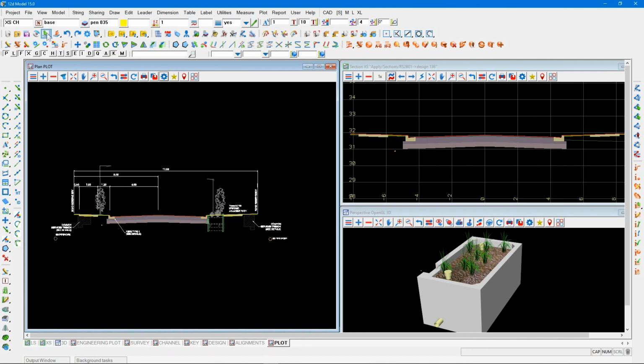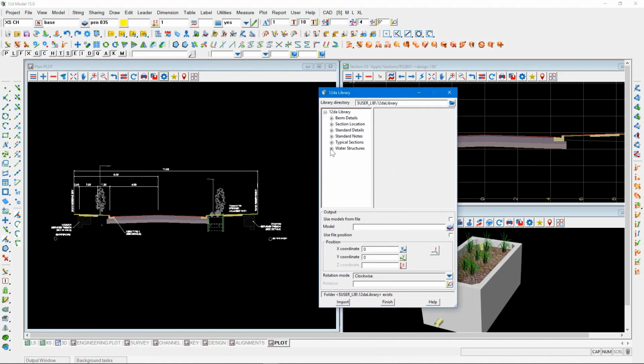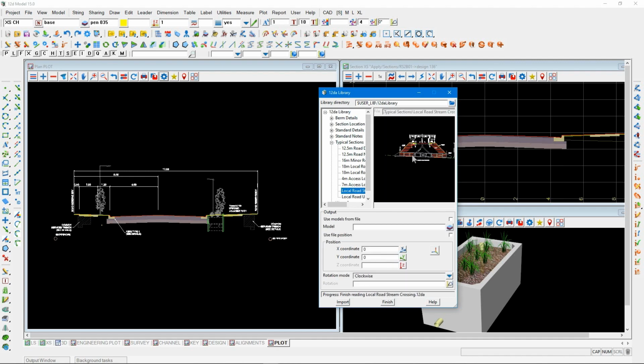So I'm going to go back to the 12DA library. And this time I'm going to have a look at some typical sections here. I've got a stream upgrade typical cross-section, all detailed out. I'm going to use the model from the file, and I am going to place it down at paper 00. So if I import that,